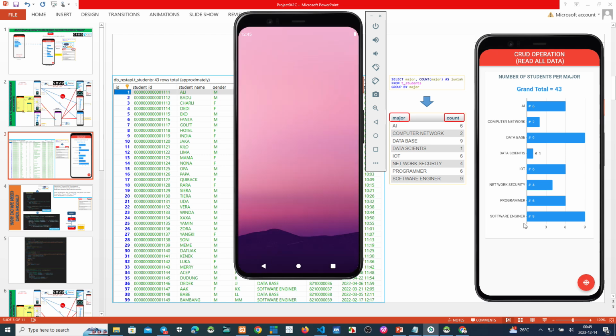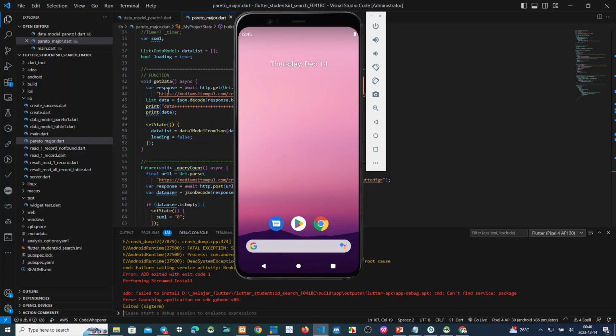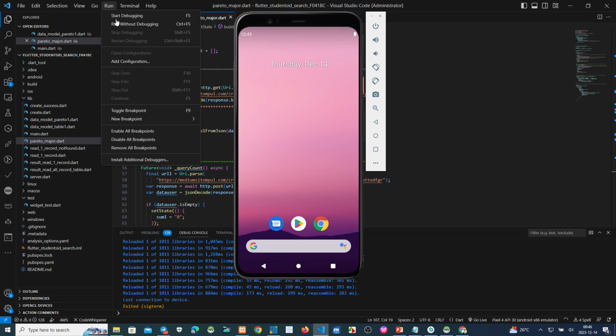Because if we don't convert to the field, we cannot make a result like this, because it is just one record. But in this case, okay, I run this first. Okay, run again.